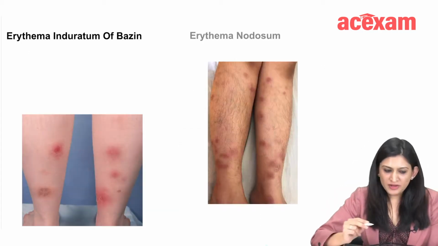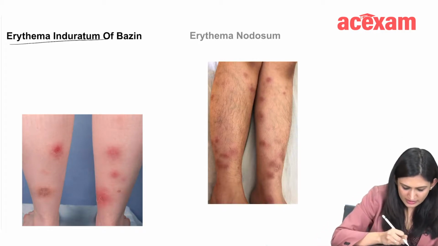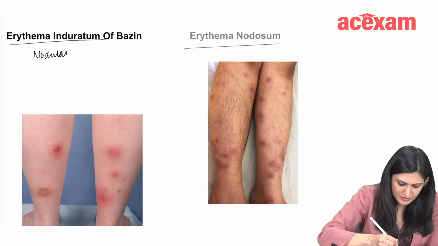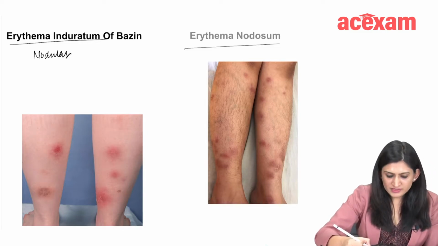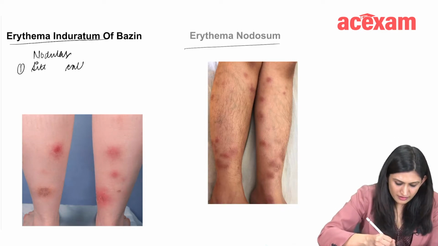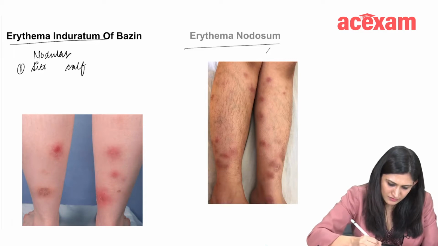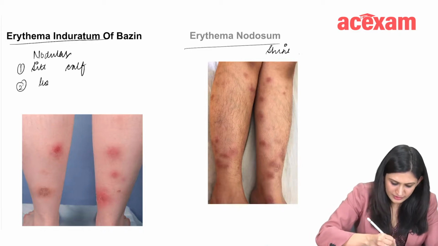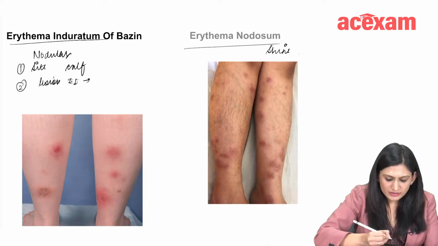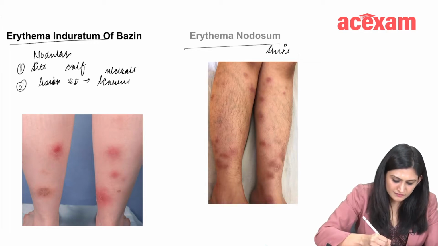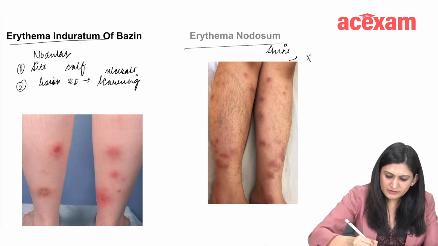The next two types of tuberculid may resemble each other, so we'll discuss them together. They are erythema induratum of Bazin and erythema nodosum. Erythema induratum is a nodular type of tuberculid, and erythema nodosum is also a nodular type. So what's the main difference? The main difference lies in the site. Erythema induratum of Bazin is seen on the calves, and erythema nodosum is seen on the shins. Also, the lesions in erythema induratum show a tendency to ulcerate, and hence they leave scarring. But erythema nodosum never ulcerates,